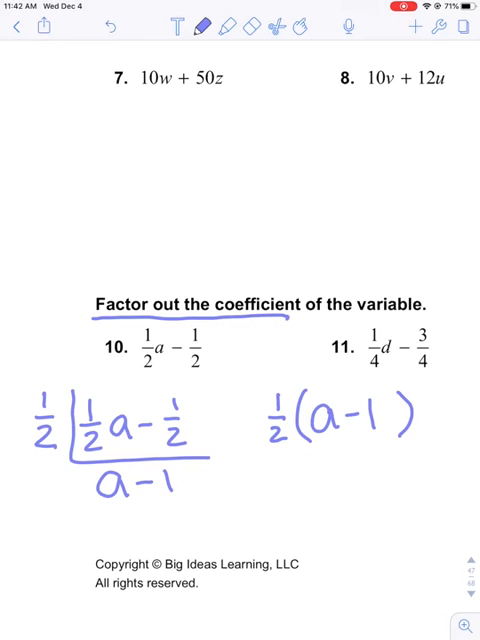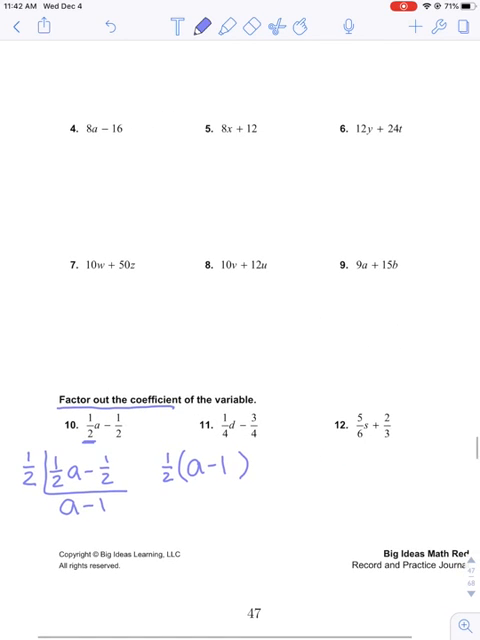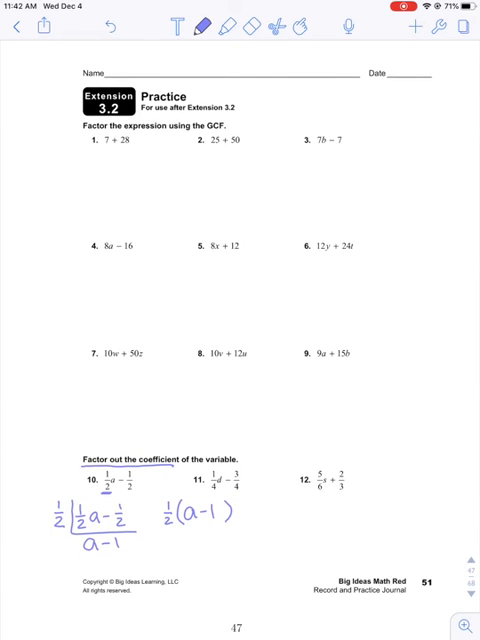So basically, whatever number is outside in front of the variable has to be what you divide the other two numbers by. And sometimes you have to show some work for that if you can't do that in your head. So go ahead and try this page, and hopefully this helped you understand how to